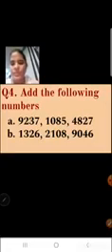The B question is 1,326, 2,108, 9,046. All these three numbers we have to add. So again, we have to draw the columns properly, the table properly, write the numbers in the proper place, and then we have to add. While adding, we have to start from ones place. So let us add.